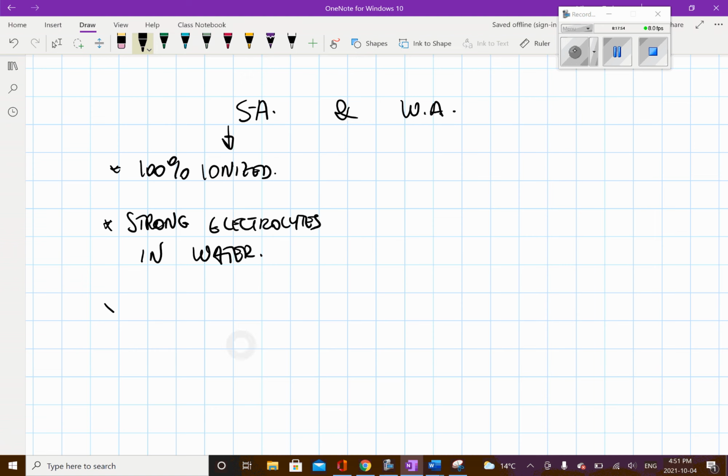The way that we identify the strong acids is at the top of your data booklet. Whatever is above the hydronium ion is considered to be